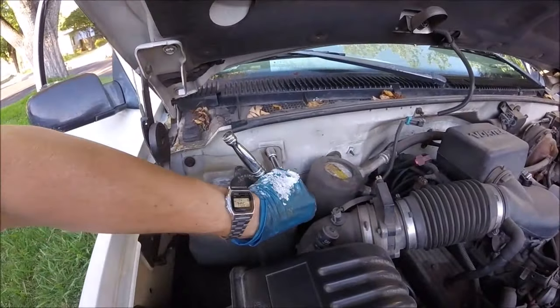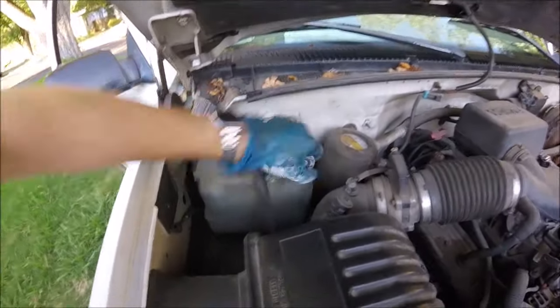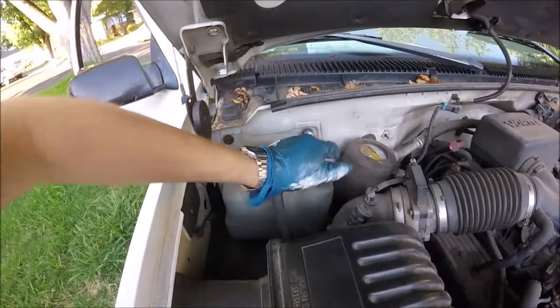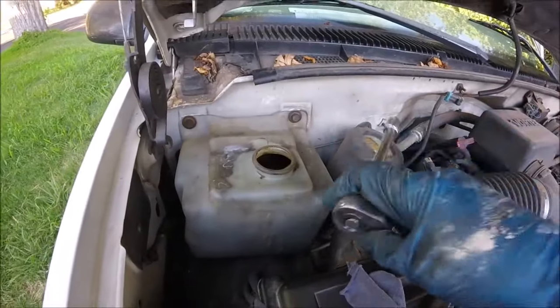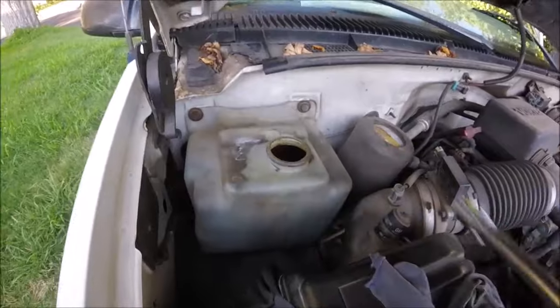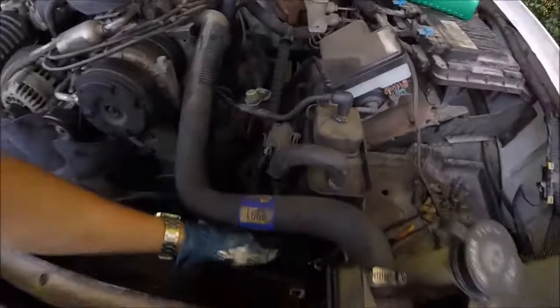Now while that final drain is draining, what you can do, this is optional, but it's a good idea to do, is you're going to want to remove your coolant reservoir tank. It's usually held in by 1 or 2 bolts. And then you're going to just want to dump out any coolant that's in it in your bucket and wash it out with your hose. I cleaned this one up. It's pretty stained though. Alright, we'll pull out the rest of our fluid and we're going to close our petcock